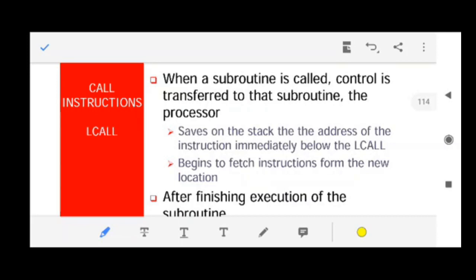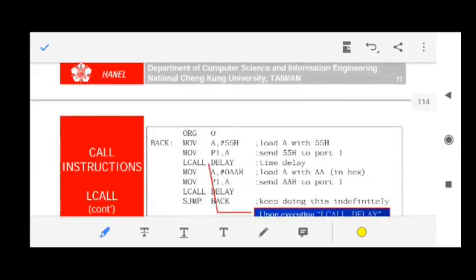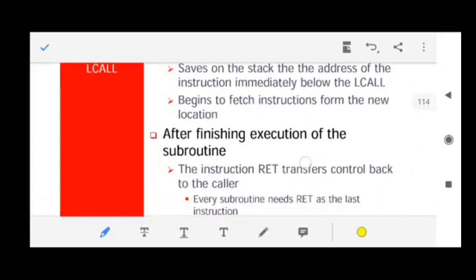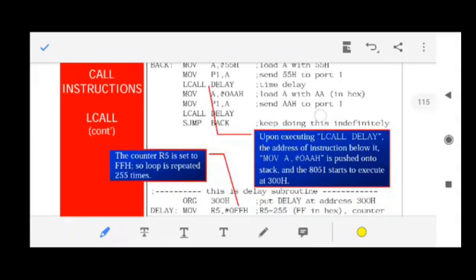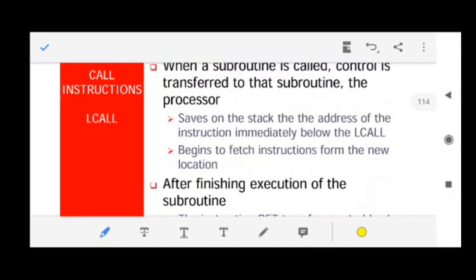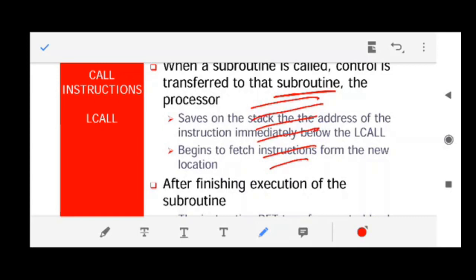What happens when a subroutine program has been called? Inside your program, if you call a subroutine, what actually happens? This is very important. Actually, I'll make you understand this using a good example. Program is written somewhere in the memory, like address 001, address 002, address 003.